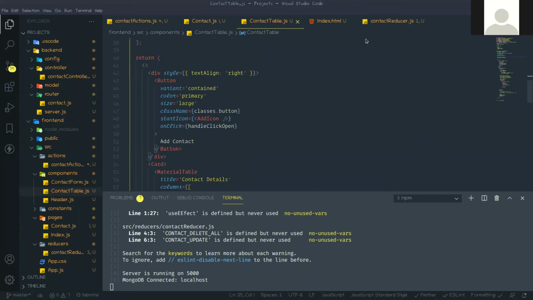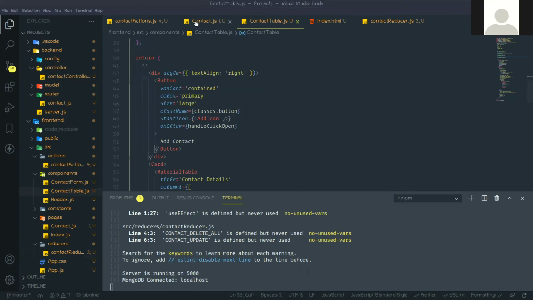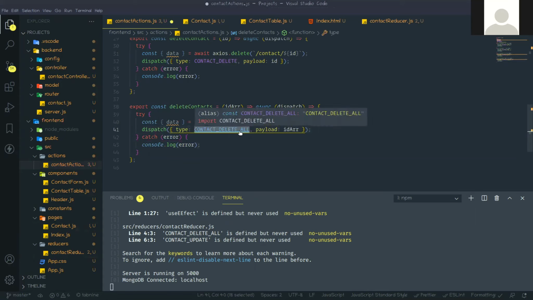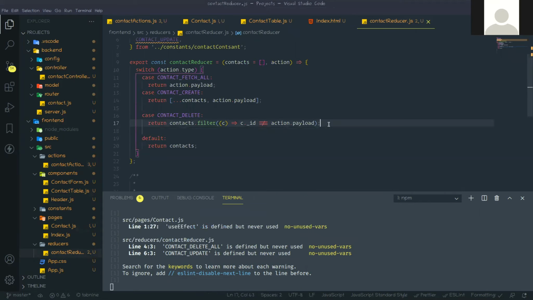Now go to the reducer. If you see in this action, the action should be contact delete all. So when that action occurs, the case should be contact delete all, and return.